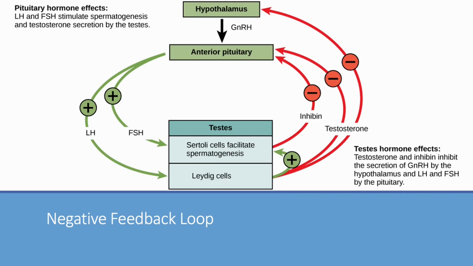And with this, there can be a negative feedback loop associated as well, which can explain why we see differing levels of luteinizing hormone or follicle stimulating hormone based on the type of